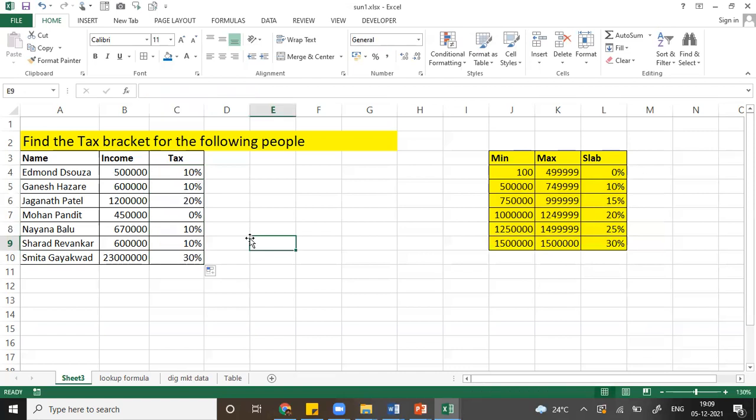Automatically it will take the respective values I required. So Edmund falls under 10%, Ganesh falls under 10%, Jagannath falls under 20%. Mohan Pandit doesn't have to pay any tax because his income is 4,50,000, and so on. Hence the tax slab is identified for these people.